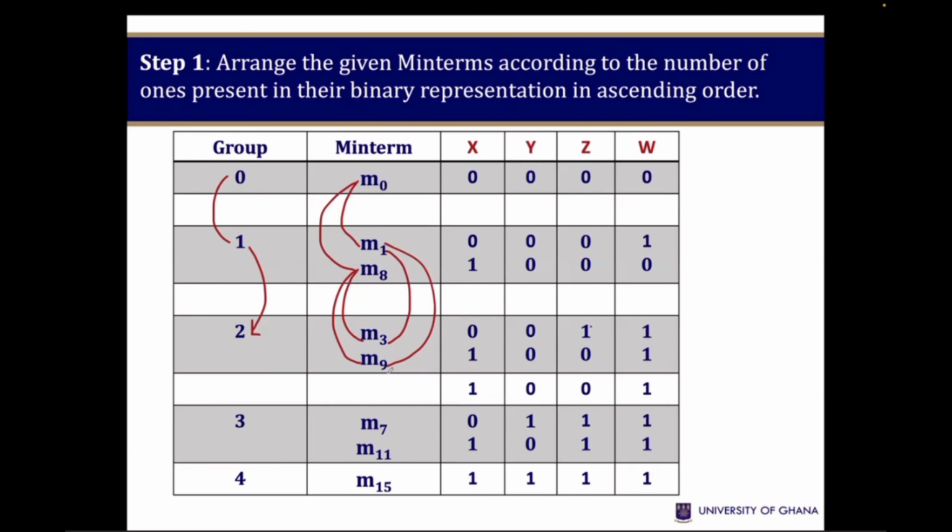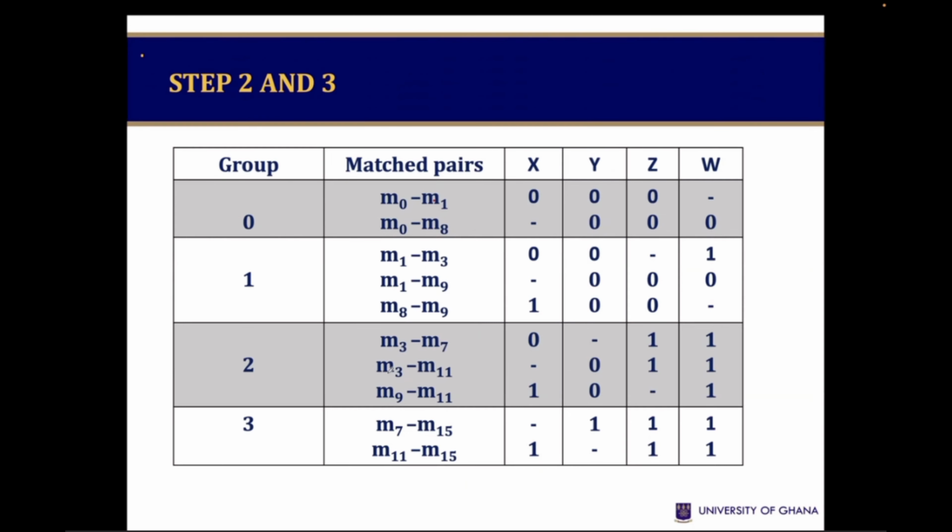Good. So let's see. So M1 with M3, there is a match, and they differ at Z. M1 and M9 also, there's a match. They differ at X. All right. Good. Now, let's look at